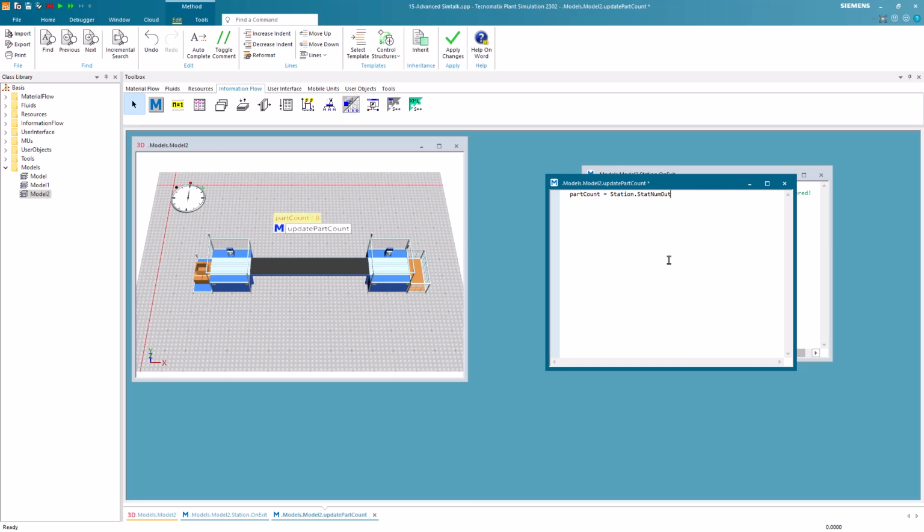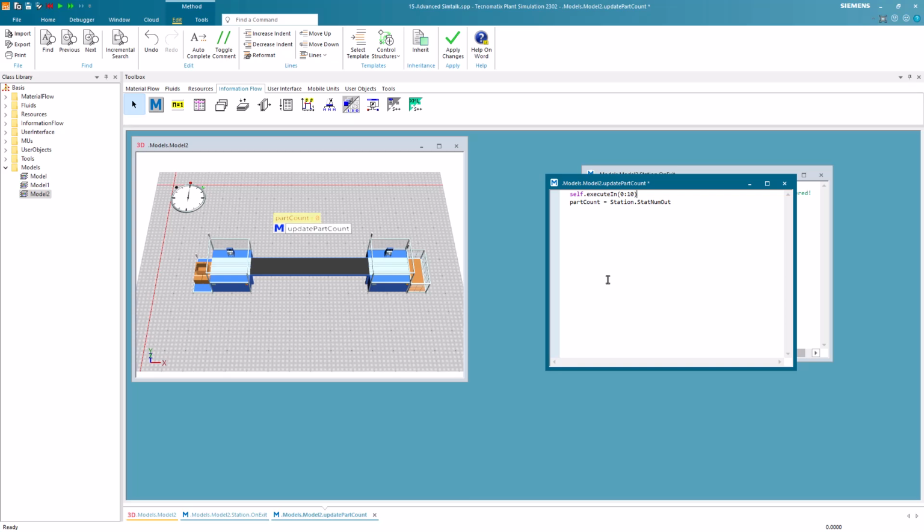To achieve this, we can use the anonymous identifier self. In a method object that is not a user-defined attribute, the anonymous identifier self refers to the method object itself, so we can use self to access the method. Then we can use the executeIn method. In this way, the method will be executed every 10 seconds. However, as you may have noticed, the method is not triggered.